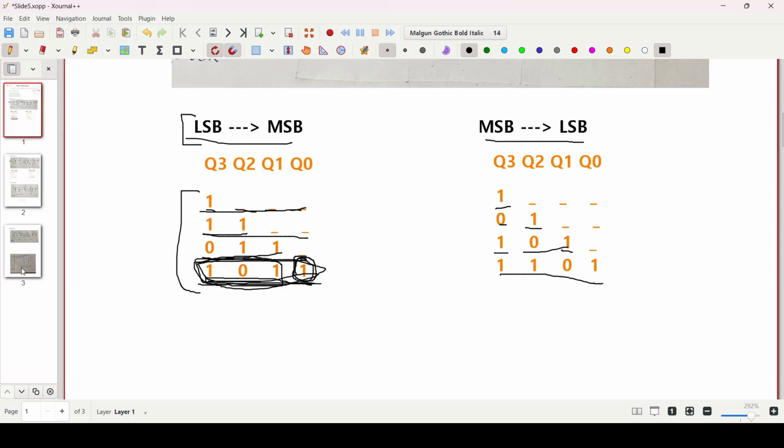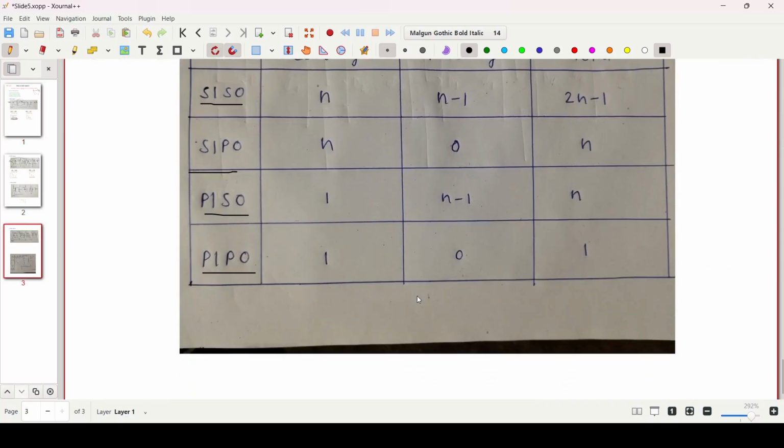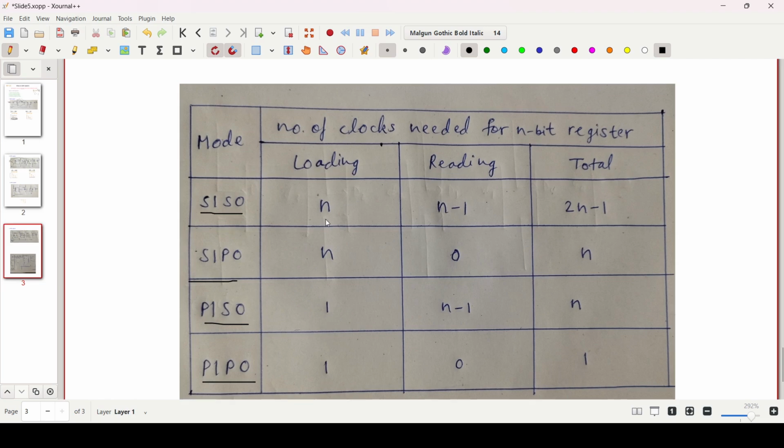So that's why I said here that the number of clocks needed are n for loading and n minus 1 for reading. In this case we are using a 4-bit register, so n will be 4. So 4 clocks are needed for loading and 4 minus 1, that is 3 clocks, are needed for reading. And similarly for SIPO we will require